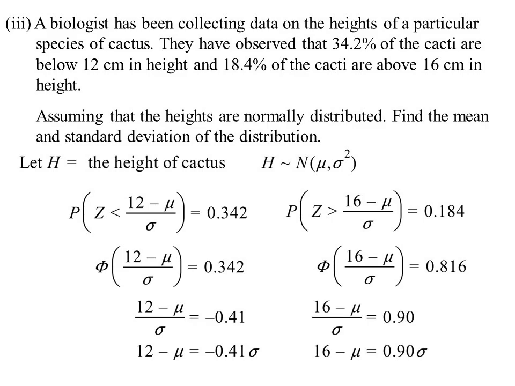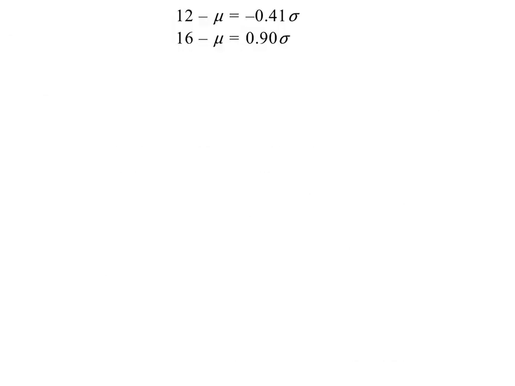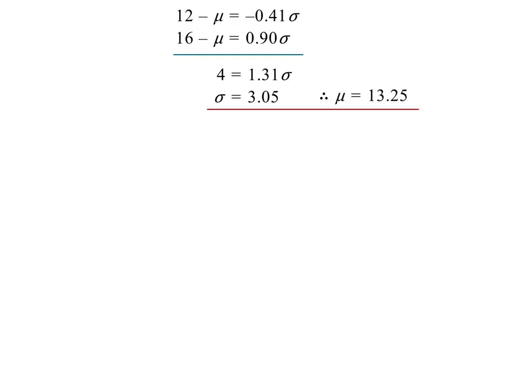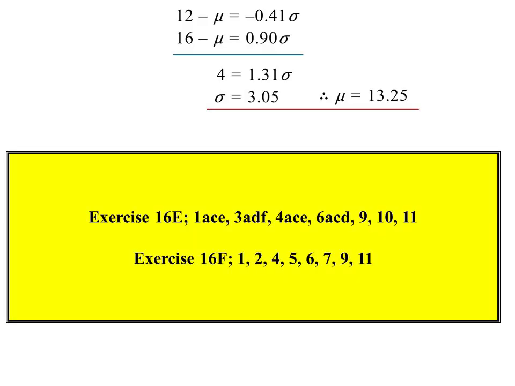I now have two equations and two pronumerals that I want to find, simultaneous equations. We should be able to find our answer. And nicely, they're both minus mu, so that'll cancel. And we get a deviation of 3.05. Sub it back in, we get an average of 13.25. Okay, so 16E, 16F,